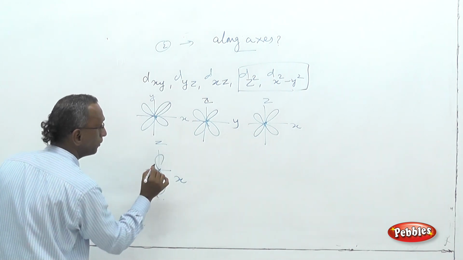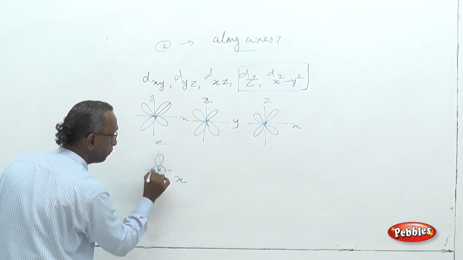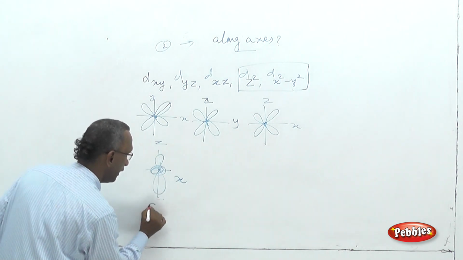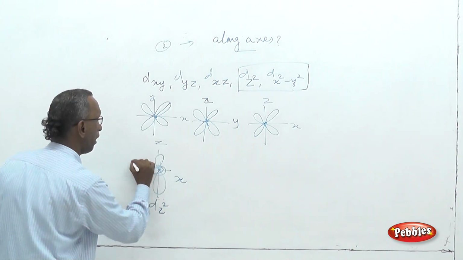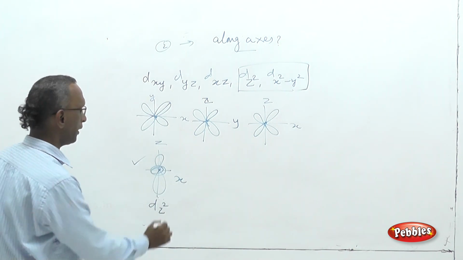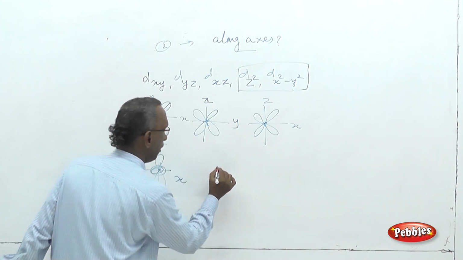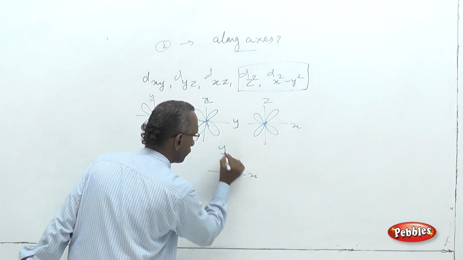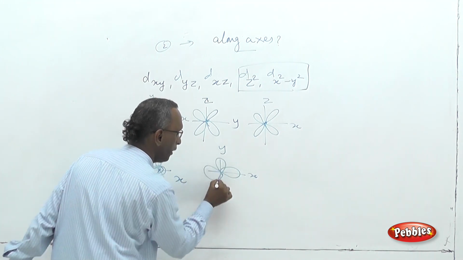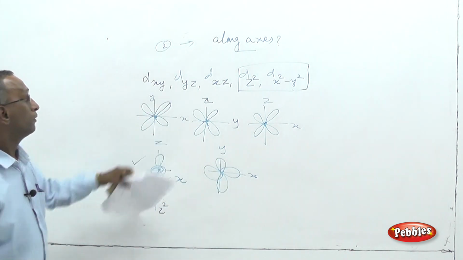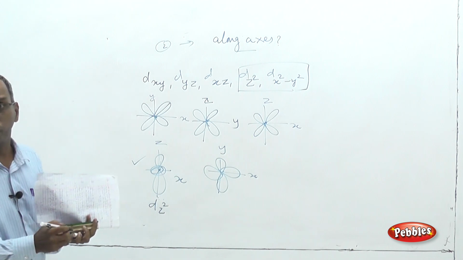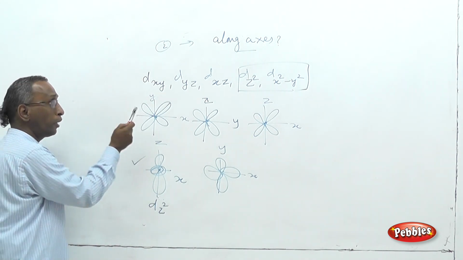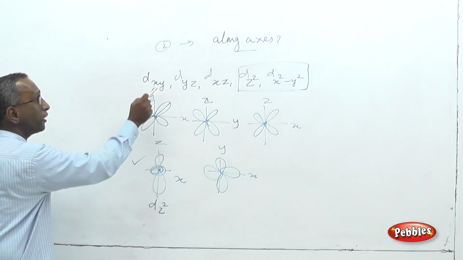Two lobes are along the z-axis and two lobes are condensed as a ring, like a Saturn ring, along the x-axis. So in dz squared, the lobes are along only the z-axis and x-axis. Last one, dx squared minus y squared. Here also this is along the axis. So these four will look alike. All the four lobes will look alike, but how they are distributed, if they are diagonally distributed,